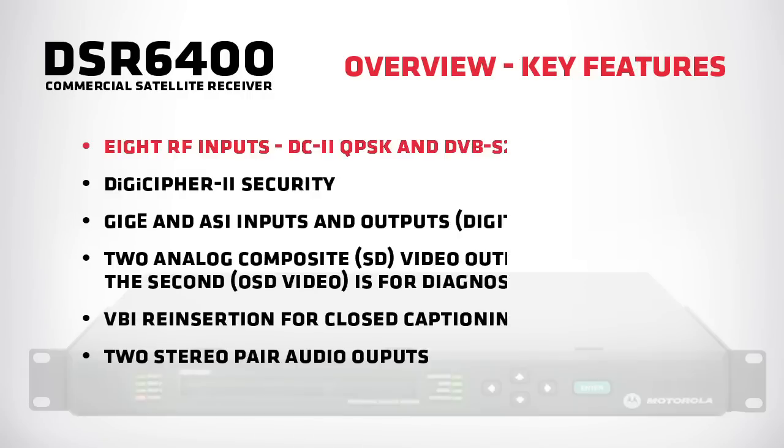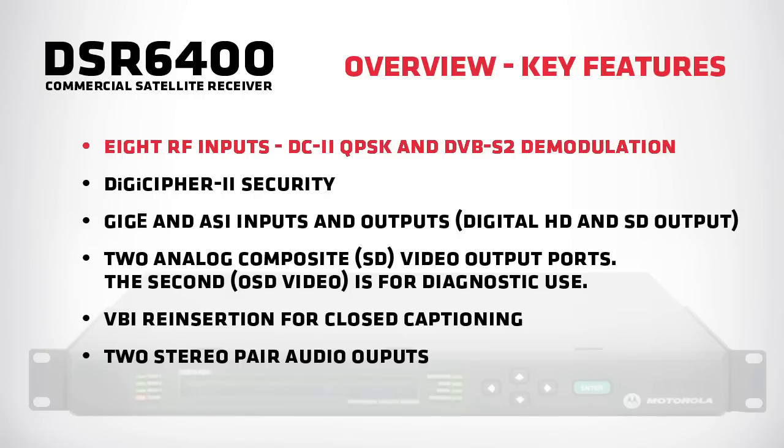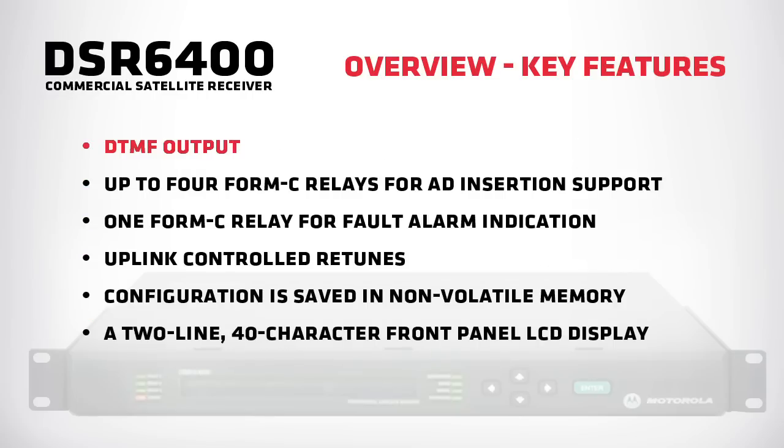Key features: 8 RF input ports, DC2, QPSK, and DVB-S2 demodulation, DigiCipher 2 security, Gig-E and ASI inputs and outputs, digital HD and SD outputs, 2 analog composite SD video output ports. The second OSD video is for diagnostic use, VBI reinsertion for closed captioning, 2 stereo pair audio outputs, DTMF output, up to 4 Form C relays for ad insertion support, 1 Form C relay for fault alarm indication, uplink controlled